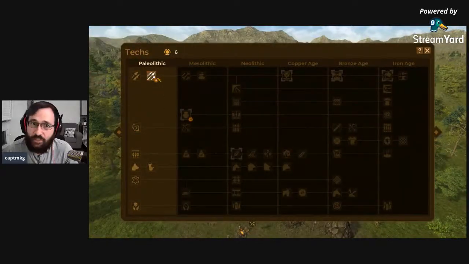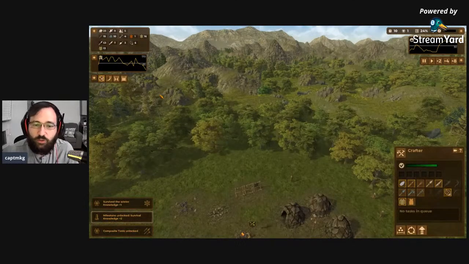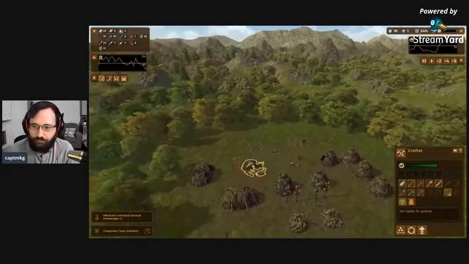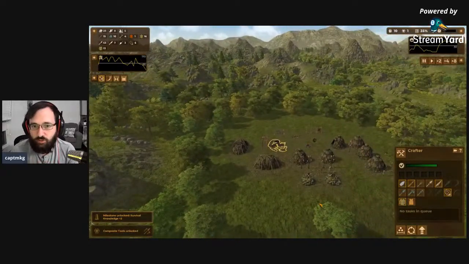Okay, this is our last tech that we're going to research. We've unlocked everything we can now. So from this point on, knowledge is irrelevant. All we're focusing on is expanding, growing, and maintaining our population up to 100, which is going to be increasingly difficult. So for right now, we're going to leave wooden spears on auto, and we're going to leave bone harpoons on auto just so we have